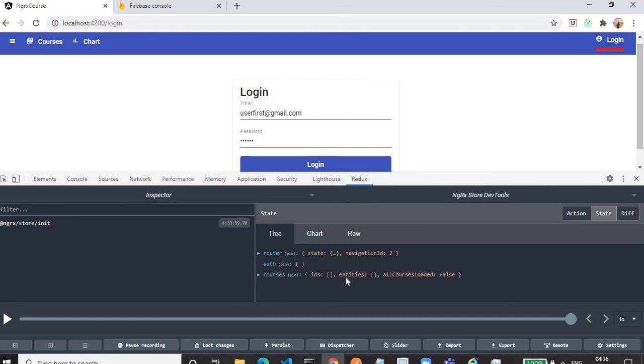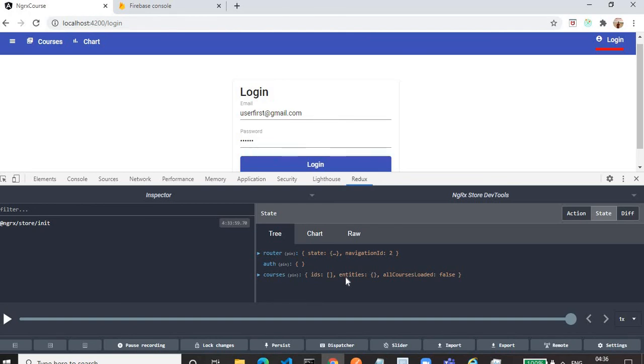We can use our old approach of using the normal course array, but in that case if we have to remove some courses from the array, we have to iterate through the array manually and remove. Likewise, similarly for edit and create.